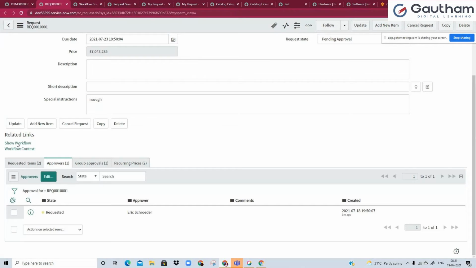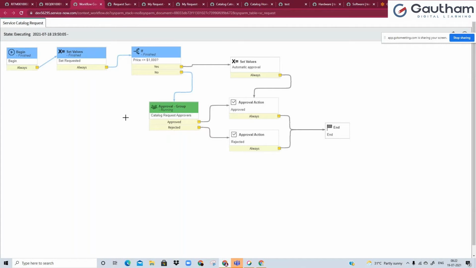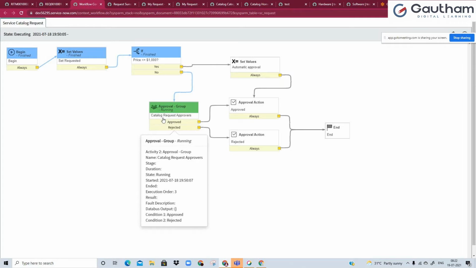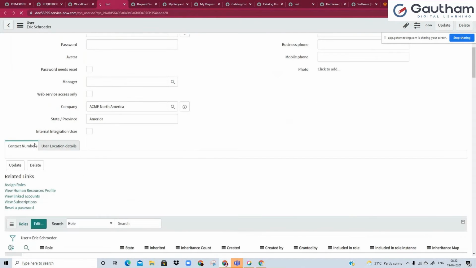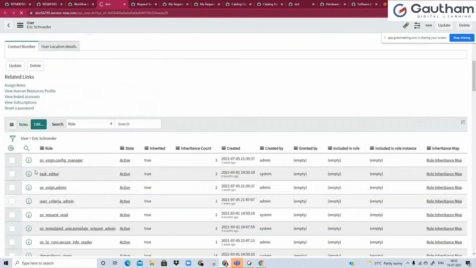So at any point, if you don't know what the workflow is, there is always a button called show workflow. So you'll have to click on the workflow. Oh, okay. So looks like there is a group called Catalog Request Approvers Group, and this guy being a member of that group, his approval is right now requested. I'm looking into his user profile now,